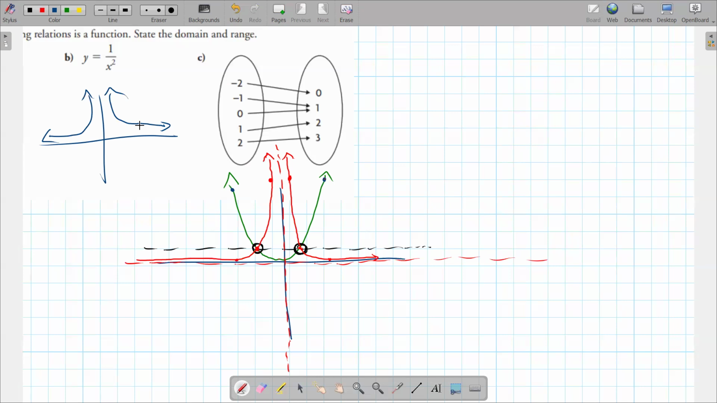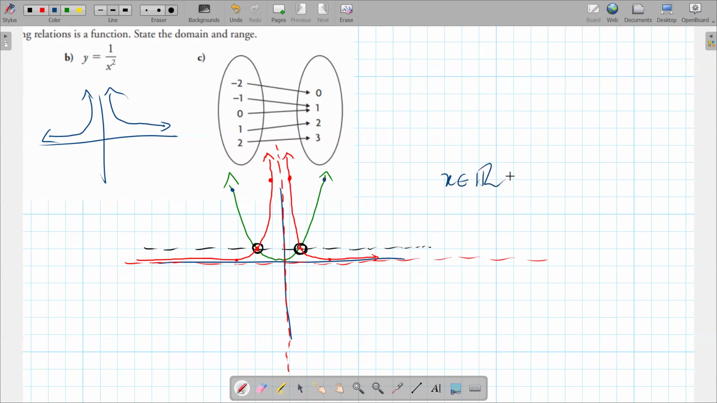Is that a function? Yes, it is. What's the domain of this function? So domain means the possible x values it can take. If you look at the graph, there's only one x value that it cannot take: 0. So the domain is x is a real number,